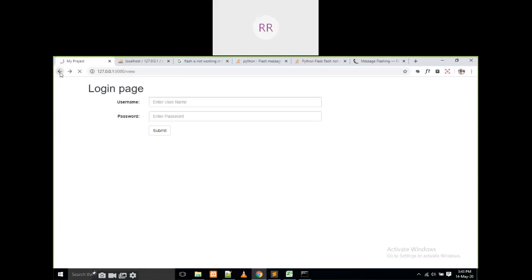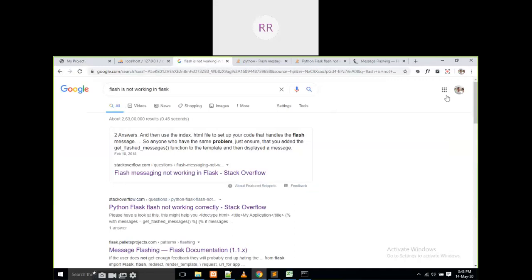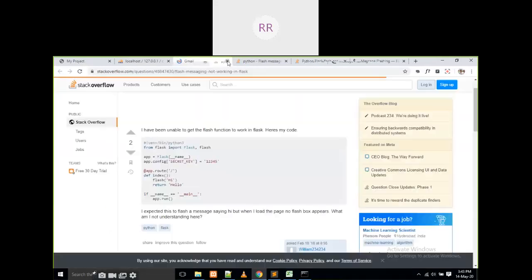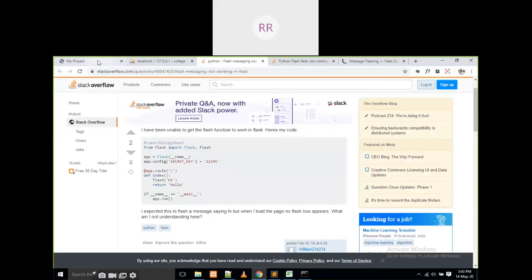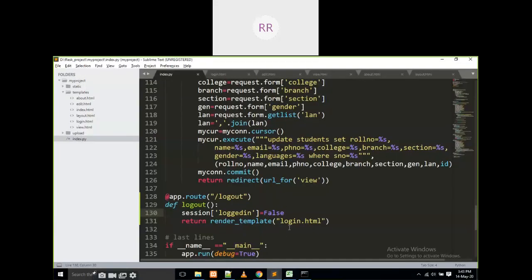But if I click on the back button after the logout also, it is going back to the original pages. If you observe here, for example, here I am in my Gmail account. If anyone is logged out and you press the back button, what is it going to show? Is it going back to your email inbox? Not at all, right? That means it is going to give some session error like that, and it never goes back to the normal page. That is called secure sessions.